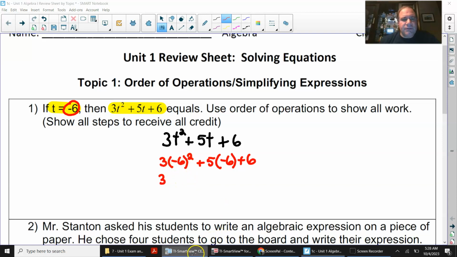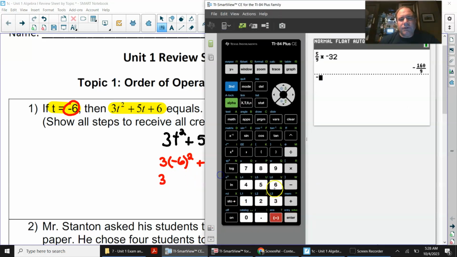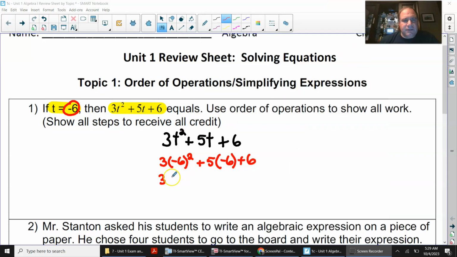If you wanted to do that in your calculator, you could put parentheses around it, -6, and then squared, and you'd get 36. So keep those parentheses to show multiplication, plus 5 times -6 is -30,